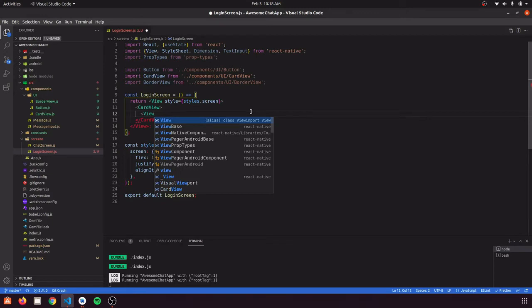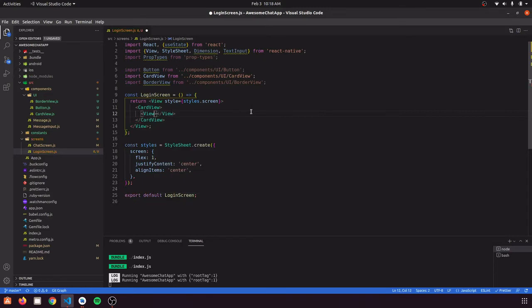It will define the height and width of this card view, because this card view will wrap around its children, so we need to define its height and width. Otherwise it would cover the other children, like a big box there. So we are going to define a view, and its style would be styles dot, let's say, card view container.